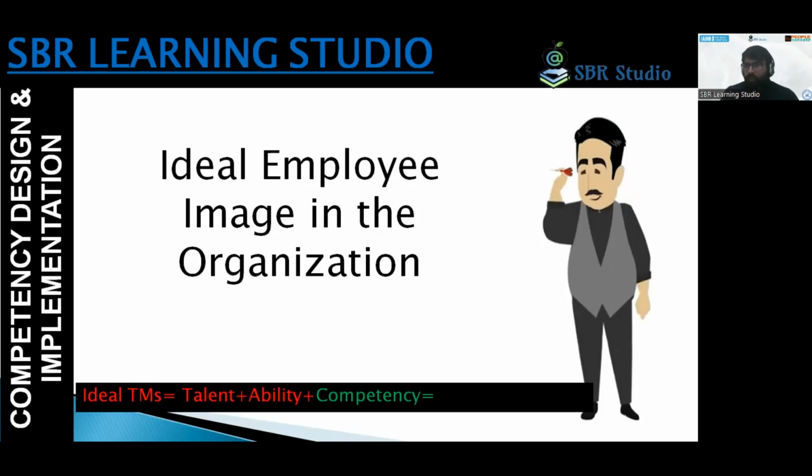I have shared the competencies with you. One is technical, and another is behavior competency. When it comes to the technical side, most organizations, when screening and hiring an individual, focus on their talent, meaning their knowledge, and second, their ability, how well they know and whether they have deep knowledge about the product.